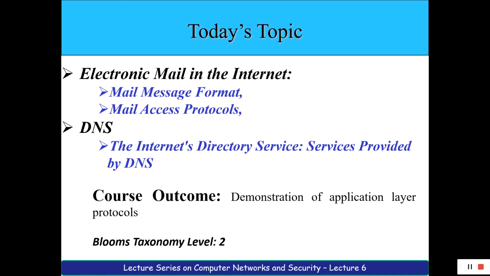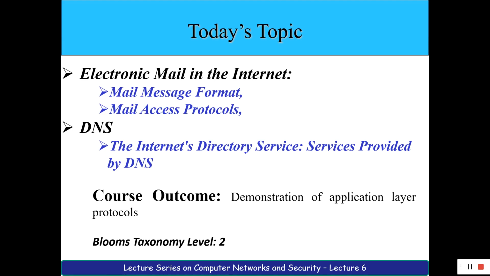Now our question is, we can push our data right from the sender's mailbox to the receiver's mailbox. But the receiver's responsibility is to fetch that content from the mailbox. So what is to be done over there? That is what we are going to deal with today. Today's topic is electronic mail itself, but we are going to see what the mail message format should be, and we are going to study mail access protocols. That is, how are we going to access the mail?